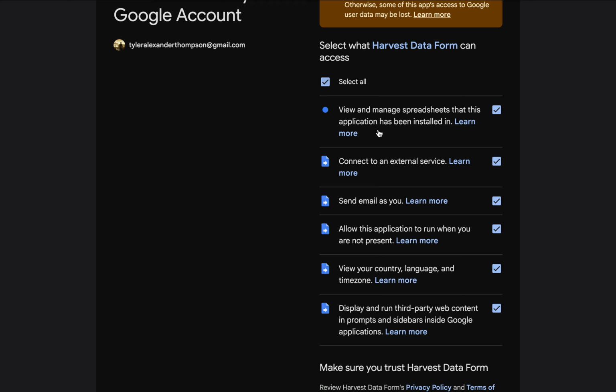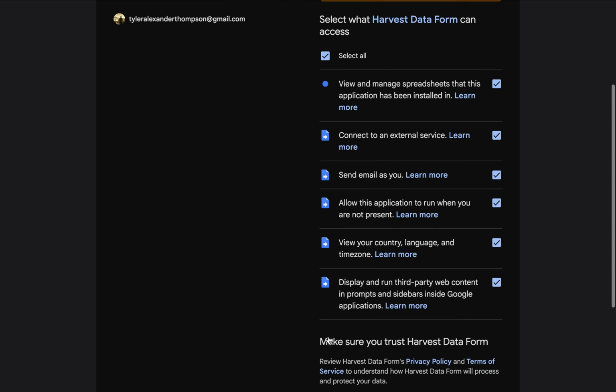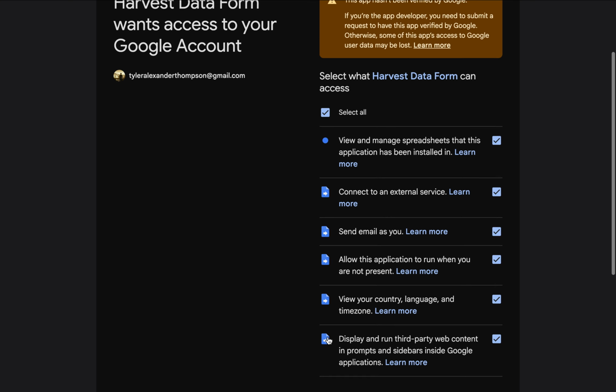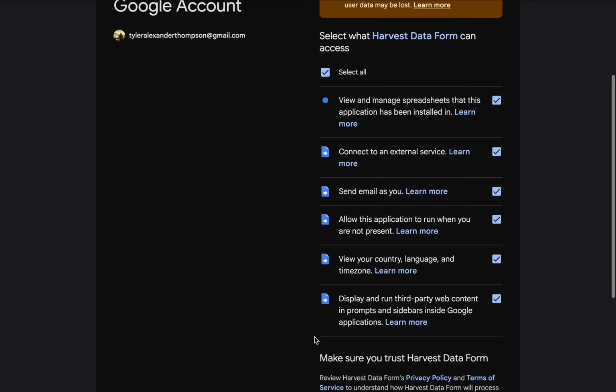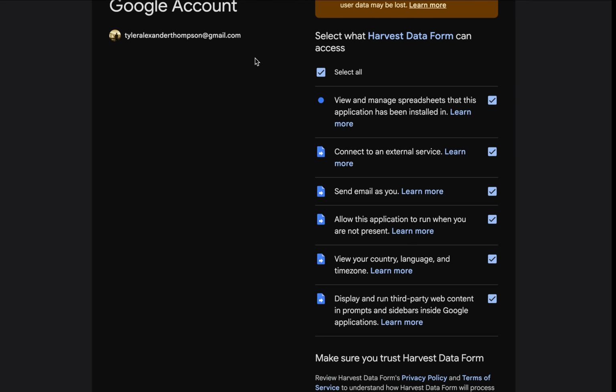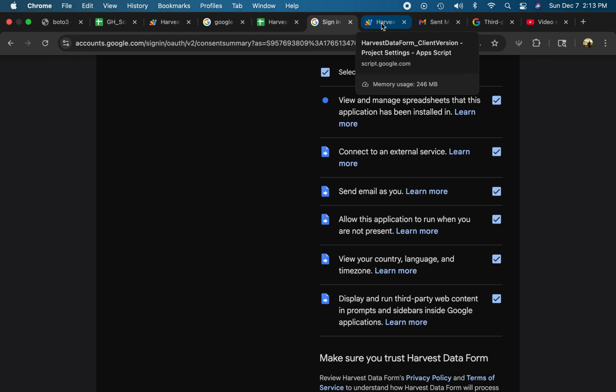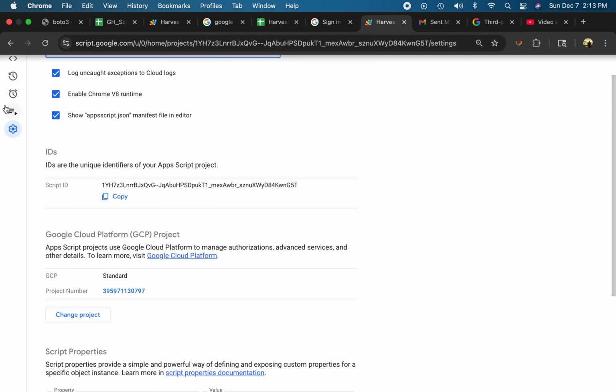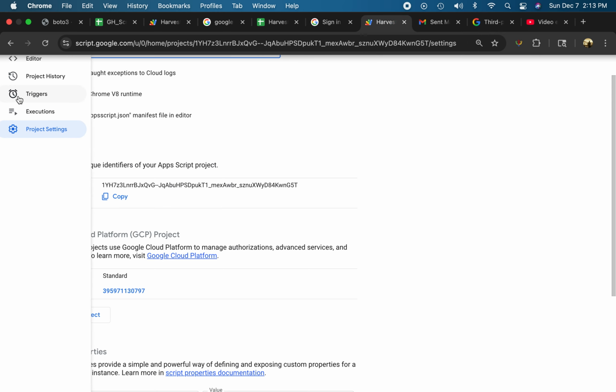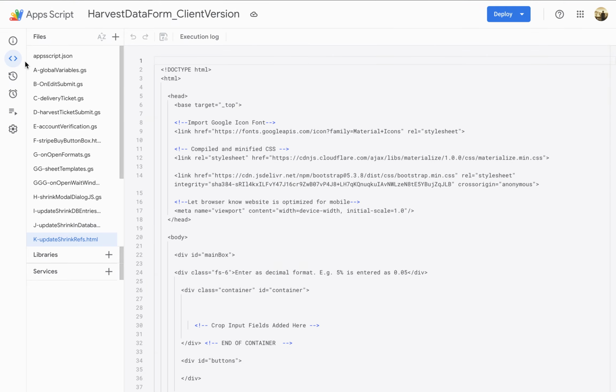So before we move on: manage spreadsheets from this application, connect to an external service, email as you, allow the application to run while you're not present, time zone and country, and third-party web content. These all correspond with the requested scopes in the project itself. Let's go to the editor and see the